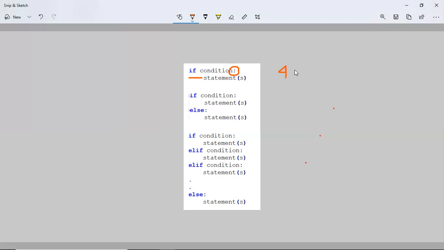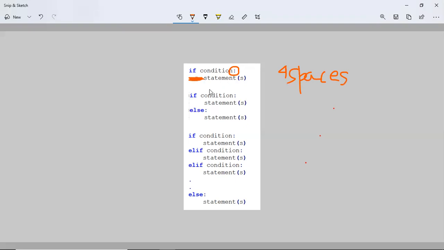We'll indent by 4 spaces. Okay, just keep this in mind. The indentation gap that you see is of 4 spaces. So you will have to go to the next line and give 4 spaces here. You will give 4 spaces and then write your statements.